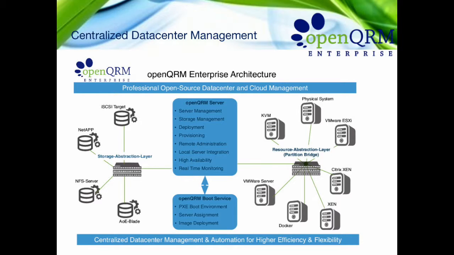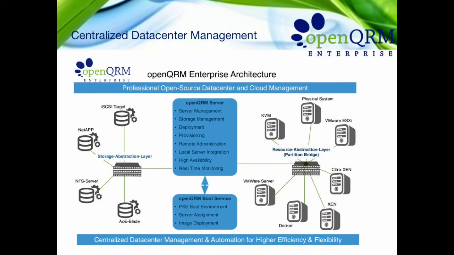The reason we do this is we don't want to force you to have a specific way that we think is the best way to deploy a virtual machine or a physical system, but you can choose what technologies fit best to your preferences, and openQRM automatically combines them. So any type of virtual machine is supported with any type of storage. This is the main architecture so far, and I will now go specifically into the network deployment type in openQRM,